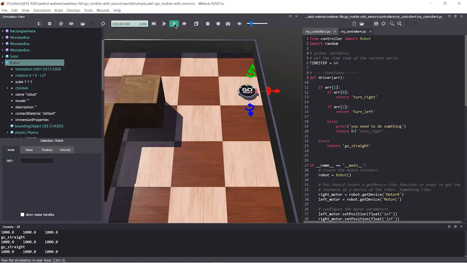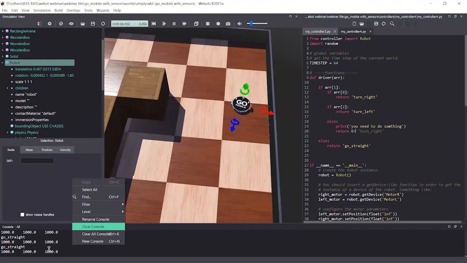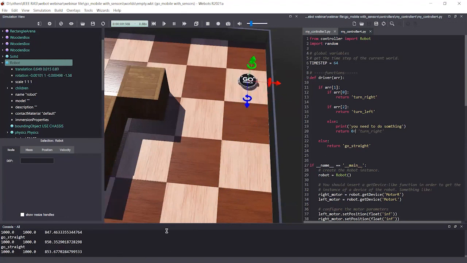Okay, now on this one. So if I move this robot towards here, let's see what we will do. Run this. Still our driver says run straight, go straight, and now I think it is. Okay, now let's see. He turns left and goes straight. Okay, I think the driver is working fine.